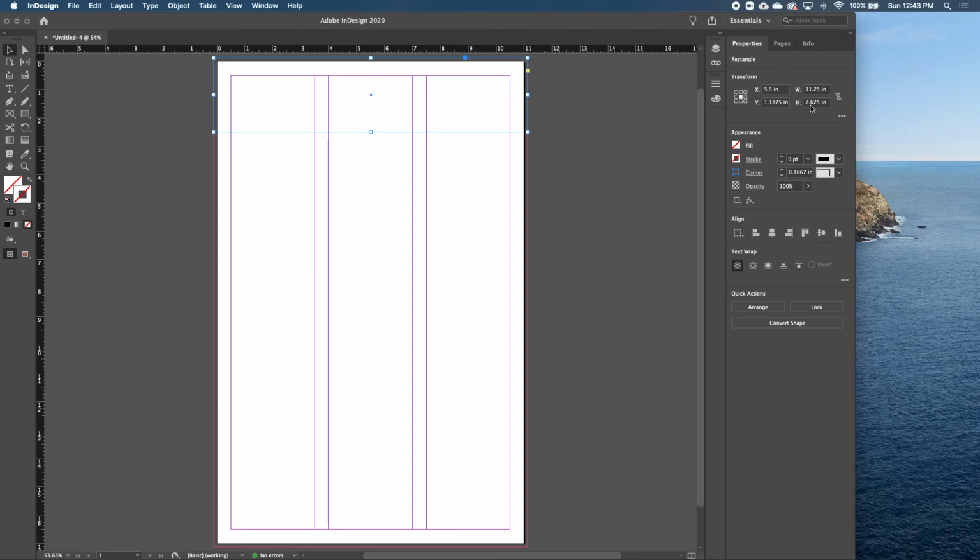So you can see my height is about 2.625. Anything within there is fine. You can kind of eyeball it and see what you think is going to work the best. So we're going to fill in this header with our primary Pantone as indicated on the template on our assignment sheet. So we'll select Fill,